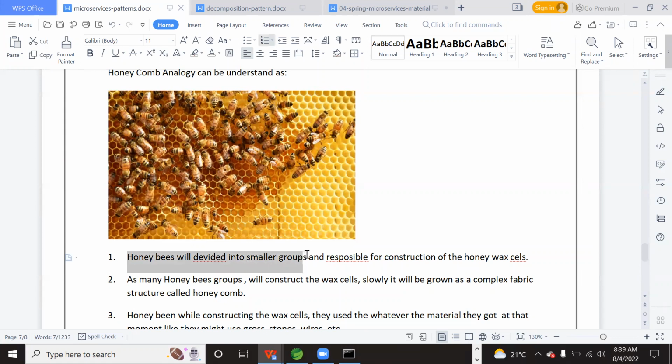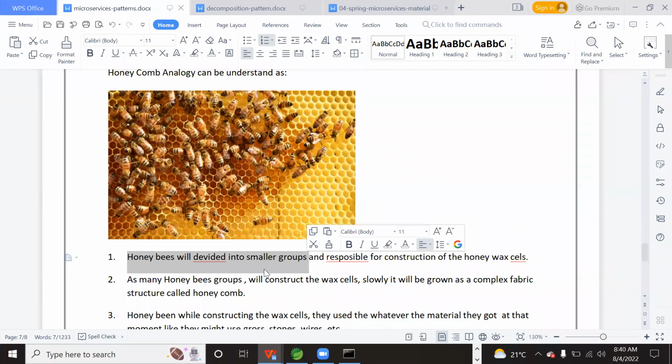Like how the honeybees are divided into smaller groups, developers are also divided into smaller groups. Like two or three developers as one group for developing the product categories, and two or three developers for the shopping cart and delivery services. Maybe one or two developers work on the integrations.